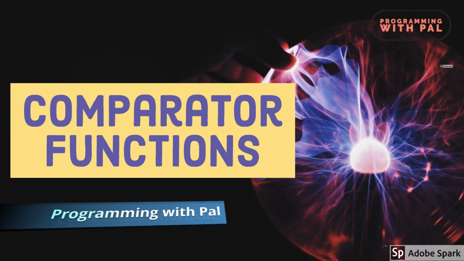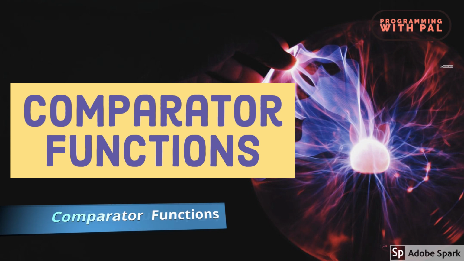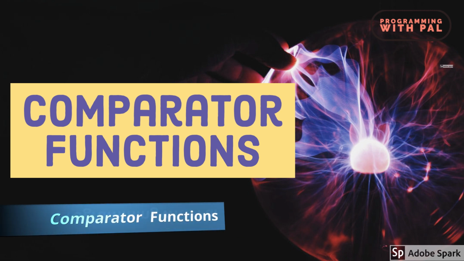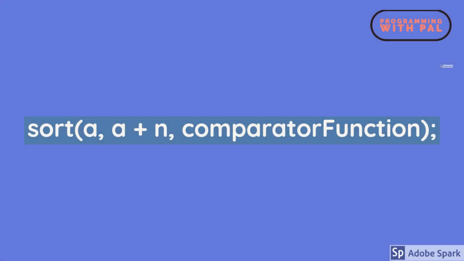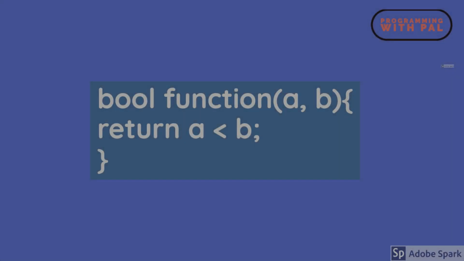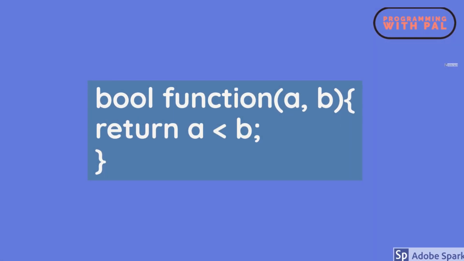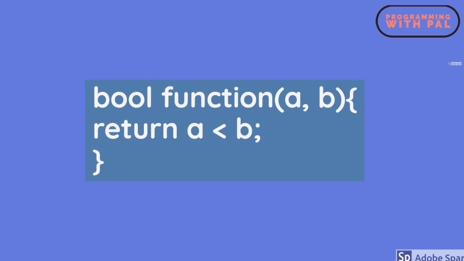Hello everyone, in this episode of Programming with Pal, we will learn how to write custom comparator functions that are used in sorting. A comparator function returns a boolean value and is passed as an argument to the sorting function. This is the most simple comparator function which can be used to sort an array or a vector of integers